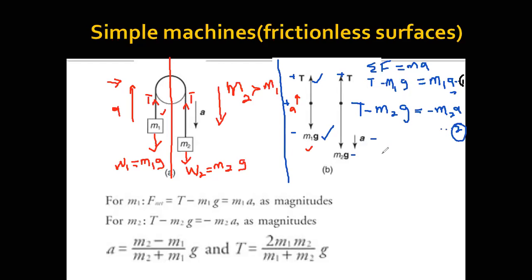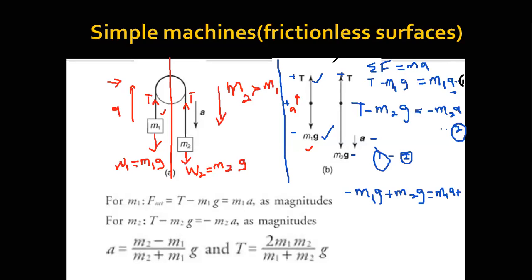So that will be equation 1 minus equation 2. Okay, so I'm going to do elimination to eliminate T and then obtain my acceleration of the system. So that will give me m1 minus m1g, okay, plus m2g is equals to m1a, okay, plus